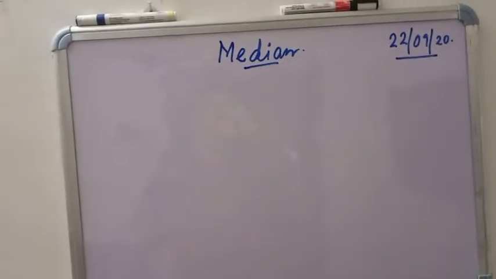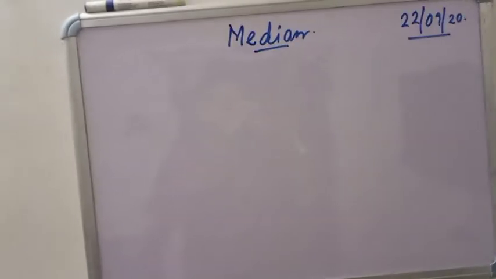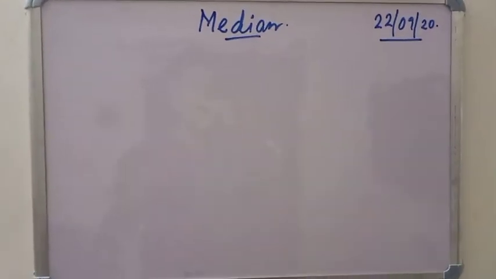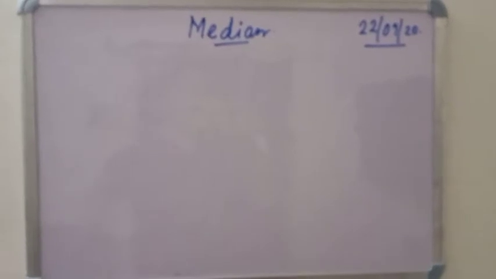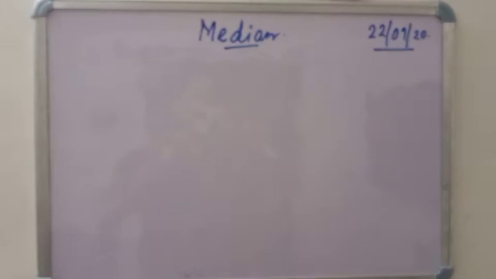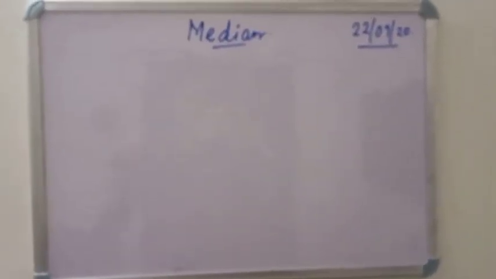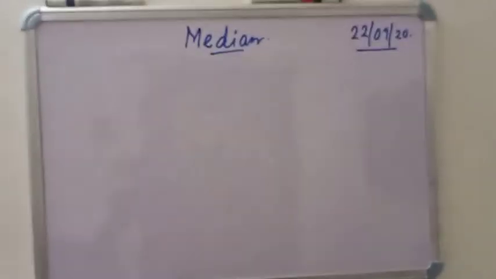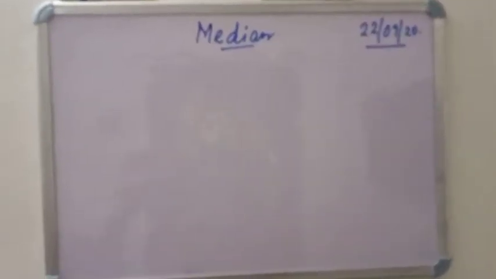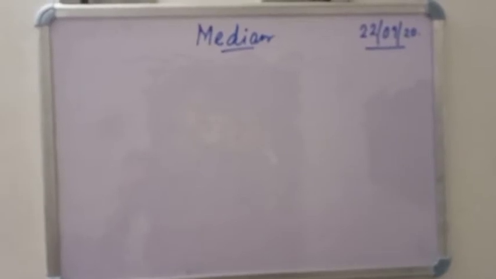In order to find median, the data must be arranged in ascending or descending order. Some of the students are telling me, sir, I was able to do without ascending or descending order in the previous chapter. But in this chapter, that's why I am telling you, you have to arrange the data in ascending or descending order for this reason only. So for median we must arrange the data in ascending or descending order.